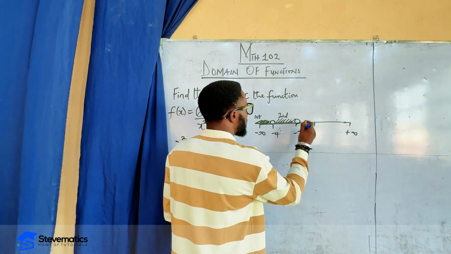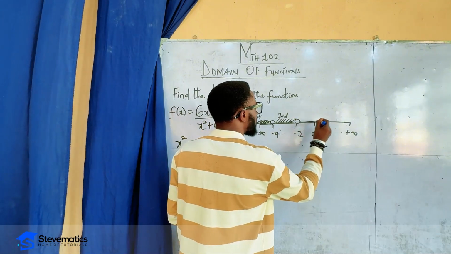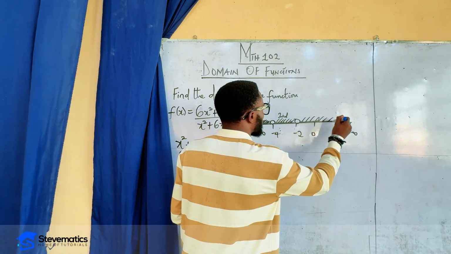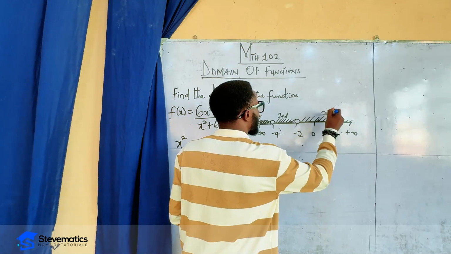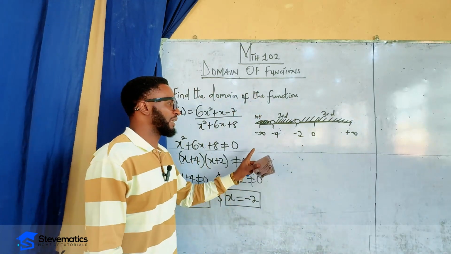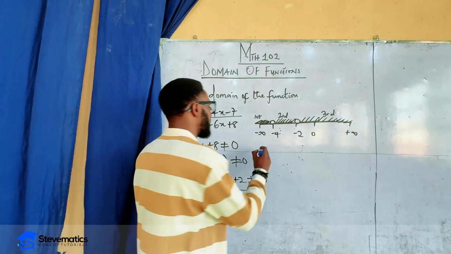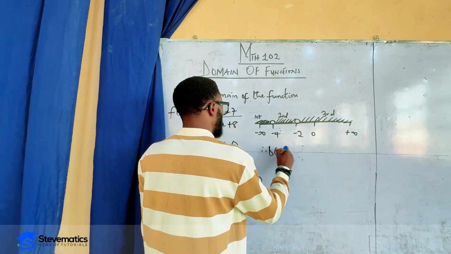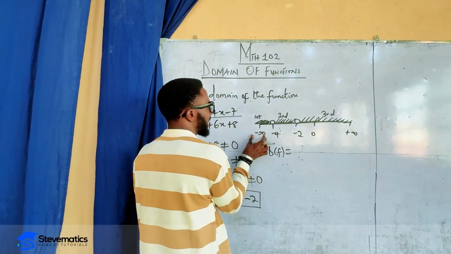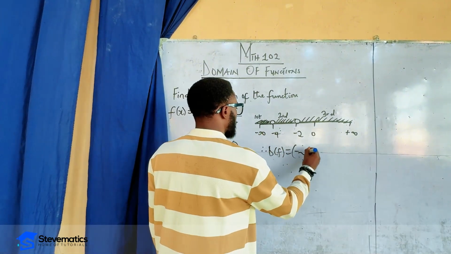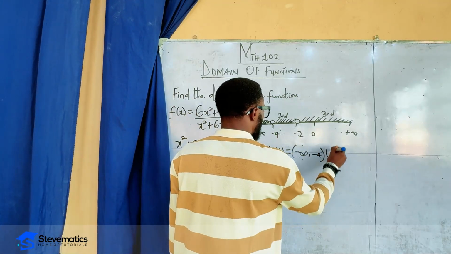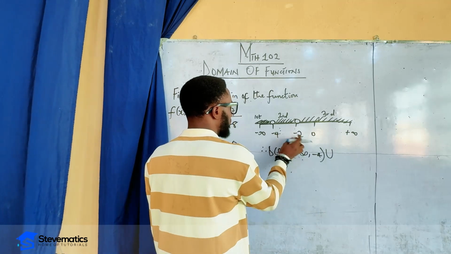And every other point that runs from -2 down to positive infinity, that's the third interval. So how do we write our answer in interval notation form? Therefore, the domain of f is negative infinity to -4, union -4 to -2,